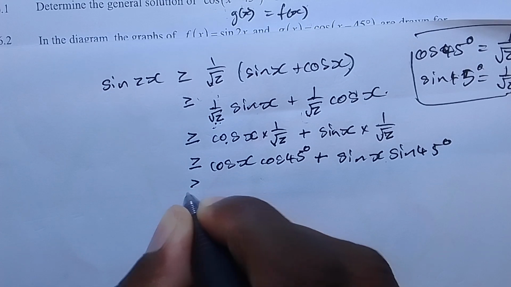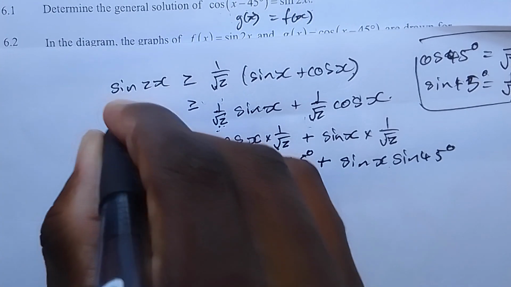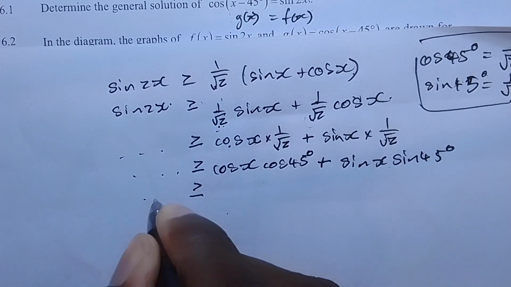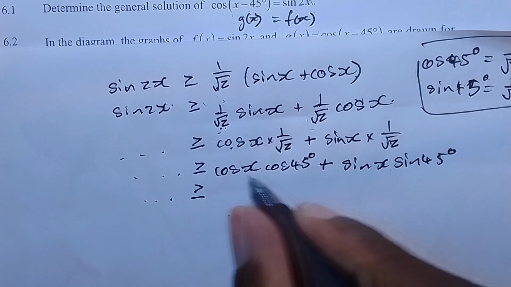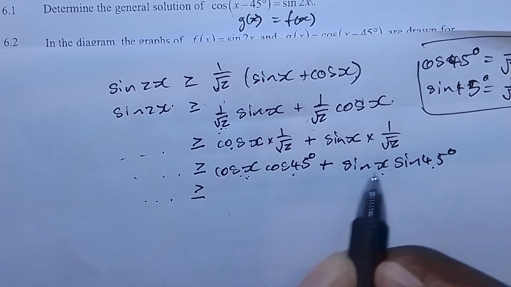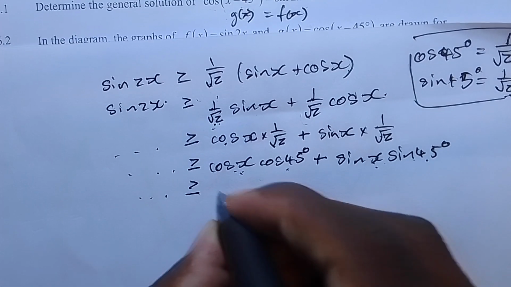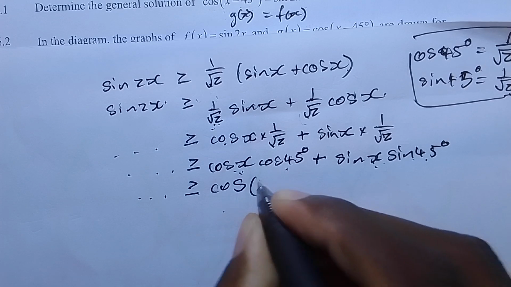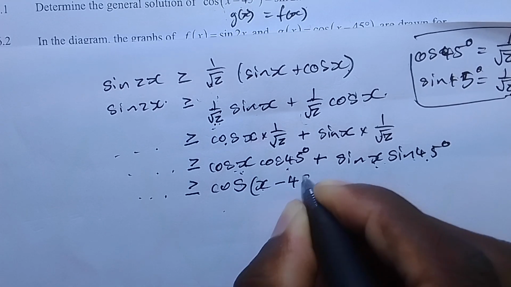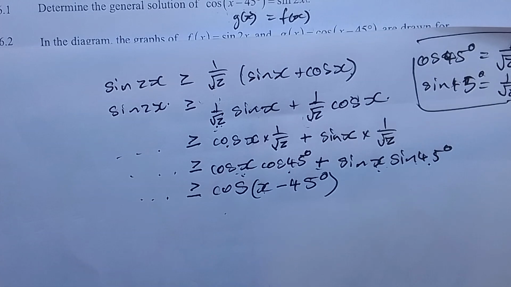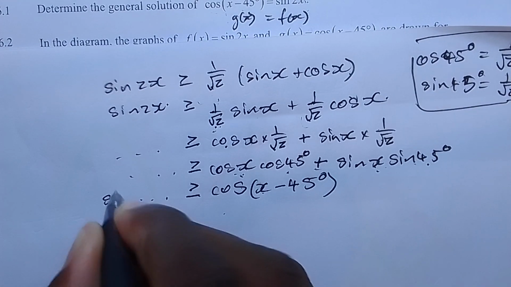Right, now greater than or equal to. You should probably keep writing this all the way down here. Now you have cos cos, sine sine. That's a double angle for cosine. And it says cos(x minus 45 degrees). Because for cos, if it's plus here, you change it to minus. And you know that this is